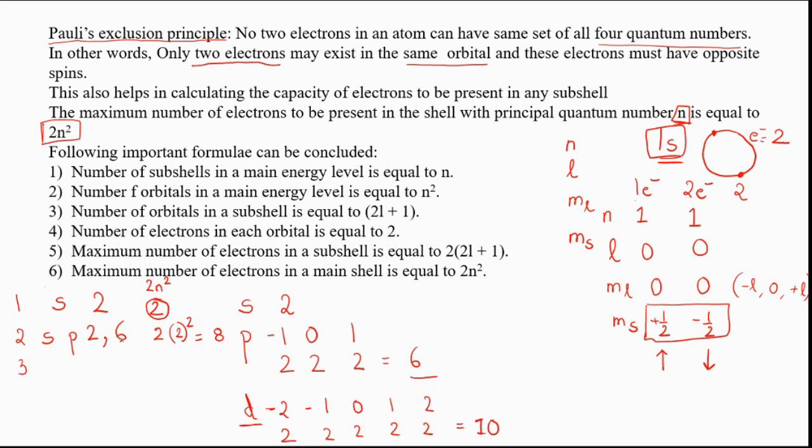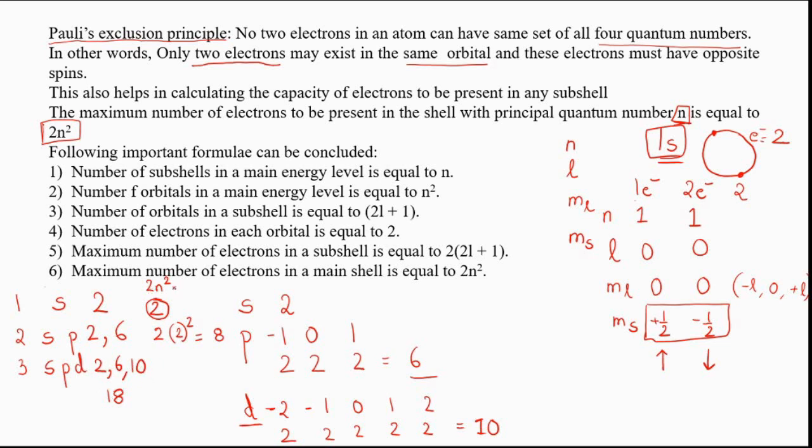Then we also have n equal to 3, principal quantum number n is equal to 3. For this, we know that we have s, we have p, and we also have d. For s, the maximum occupancy is 2. For p, the maximum occupancy is 6. And for d, the maximum occupancy is 10. So 10 plus 6 is 16, plus 2 is 18. So this is what we get with manual calculation.